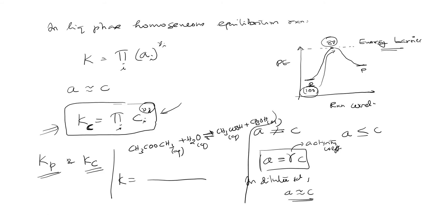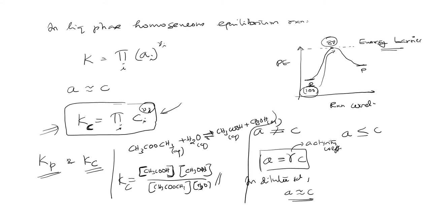So I can write directly that the equilibrium constant is equal to the concentration of acetic acid, and we represent concentration using square brackets, times the concentration of methanol, divided by the concentration of the methyl acetate ester and the concentration of water. This gives the equilibrium constant, and it is nothing but Kc, because here all the reactants and products are given in molar concentrations.